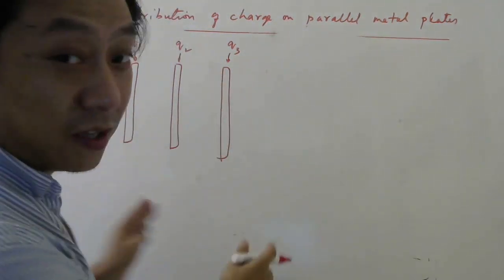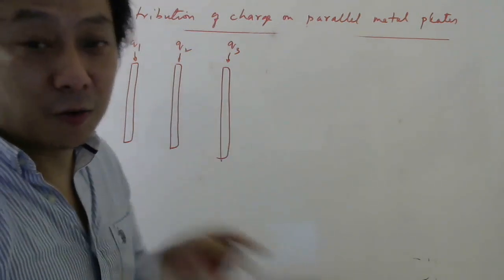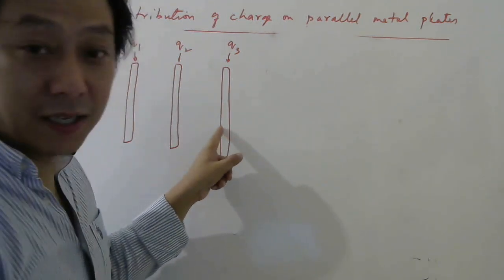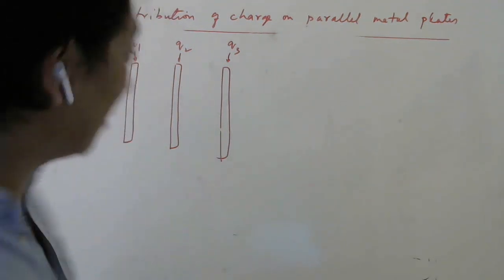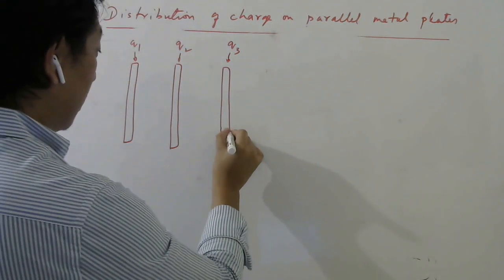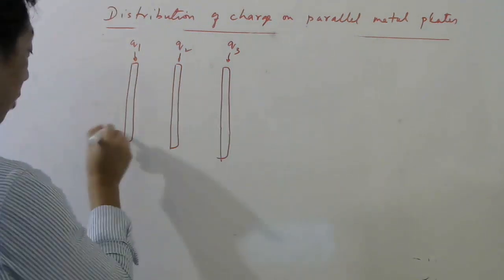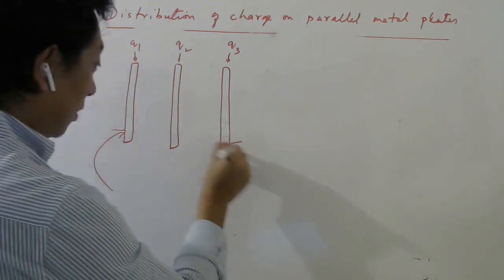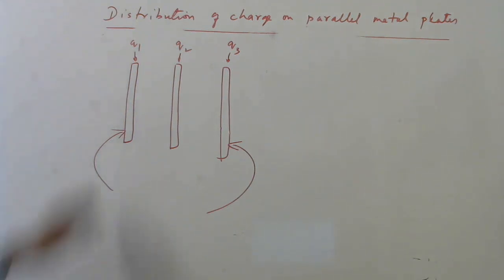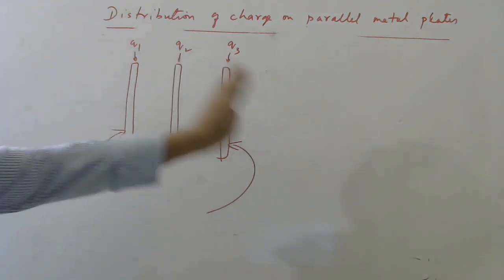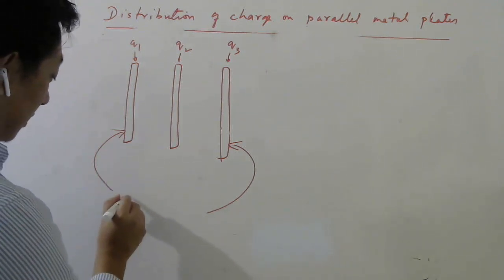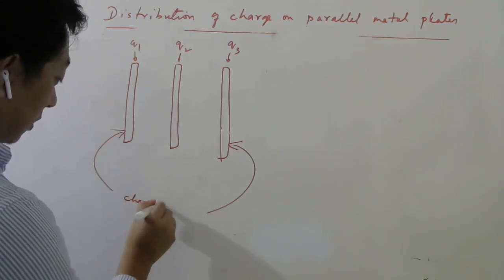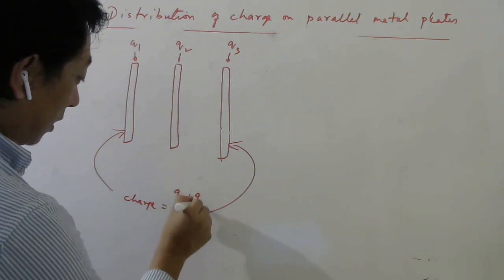They move around, they arrange themselves in such a way that the electric field inside should be 0. So the way I derived the whole formula was by taking some point inside the material and making the electric field 0, right? Okay. Now look carefully. Here the point is this. The outer faces will always have equal charge. So the outer face of the first plate and the outer face of the last plate will always have equal charge, and the charge on these two will be the total charge, whatever charge you give,